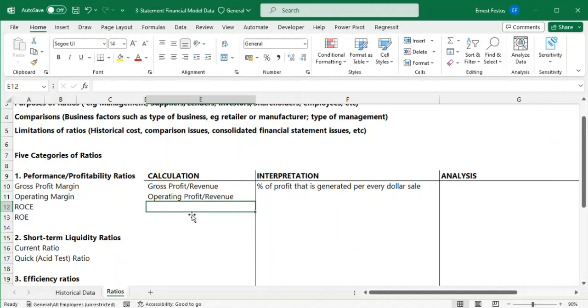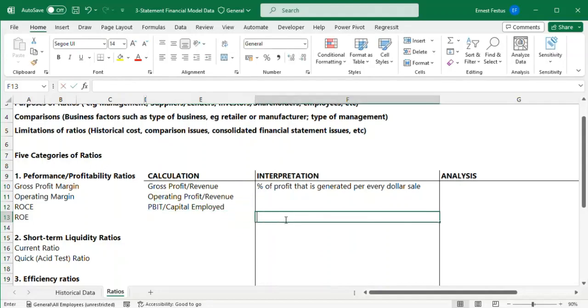Now, the return on capital employed is what we call profit before interest and tax, so PBIT, divided by our capital employed. Now, capital employed, since I will not be writing the interpretation, let me write. So